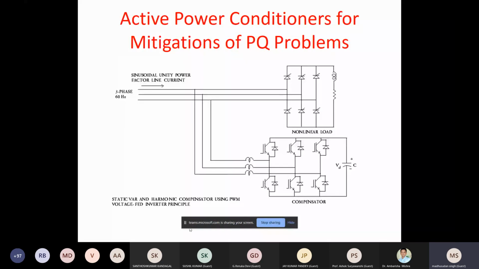Well, this is what power conditioning is. I hope you might have seen this arrangement that whenever you have an AC source, you feed a